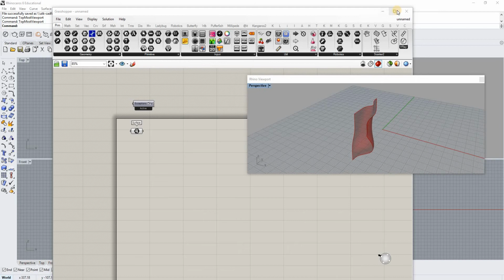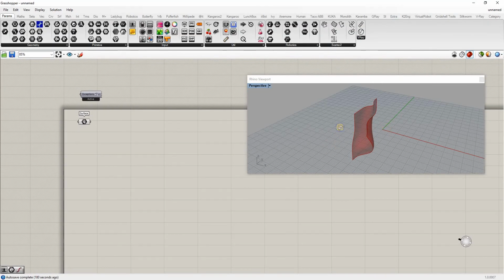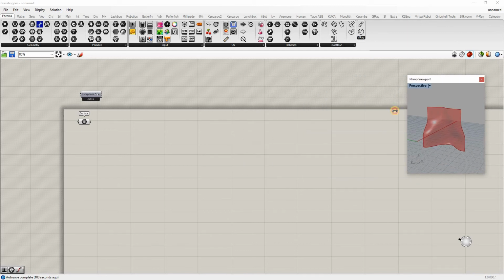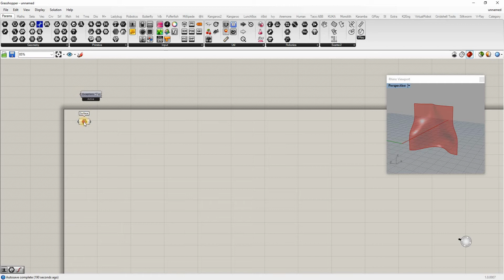I've imported a basic surface to Grasshopper that I just made at random to sort of represent a wall. And I've imported a Grasshopper. We'll use that a little bit later. I'm going to start off